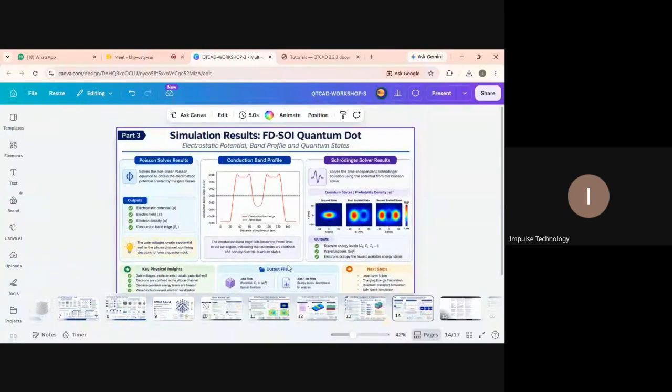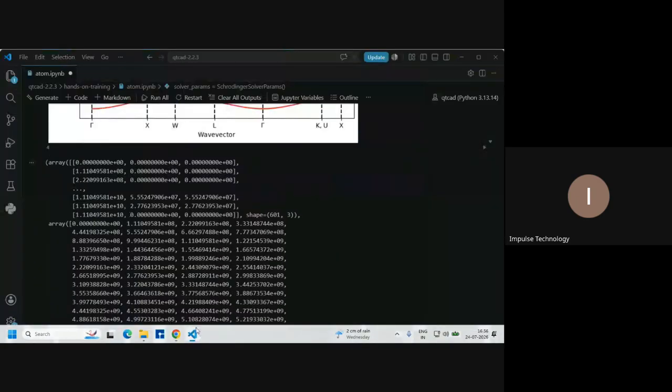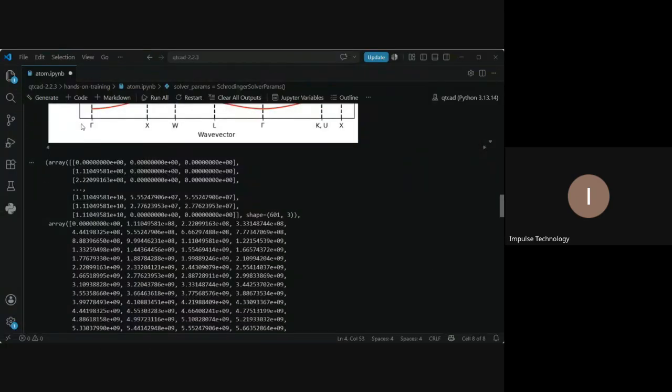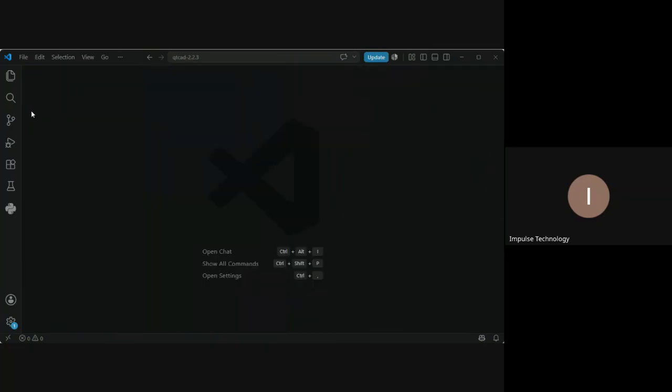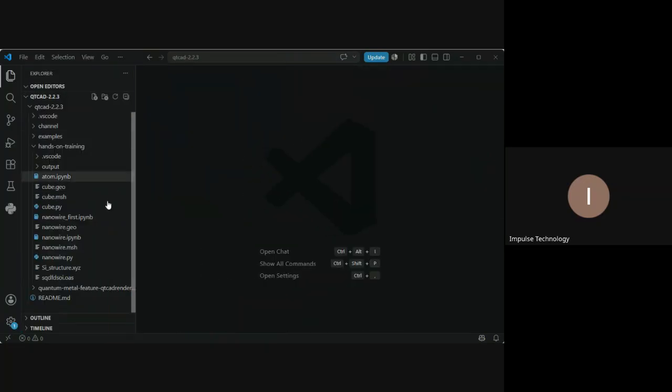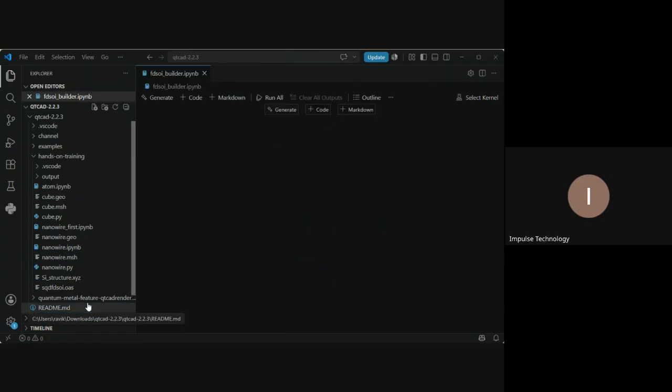Let's move to the example again. Save this one and close this one. Again, in the hands-on training section, click on this and type FD-SOI builder dot ipynb, and once we create,